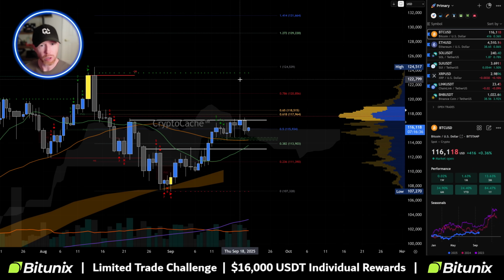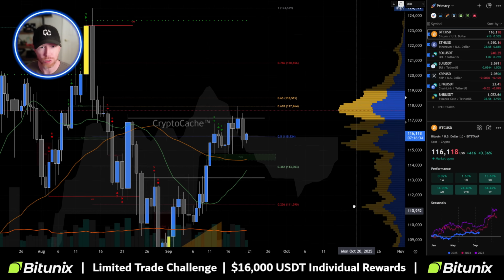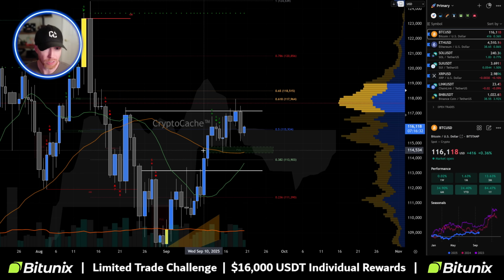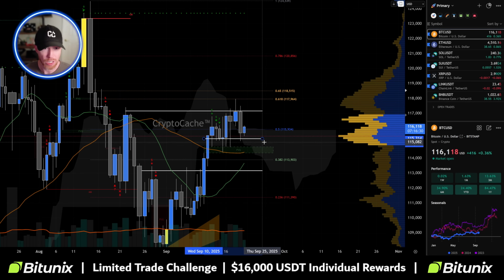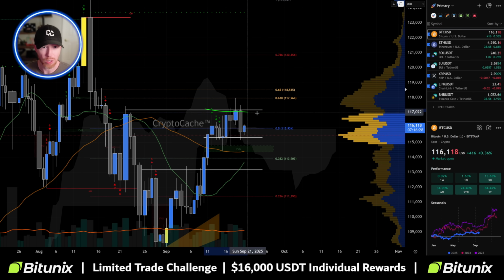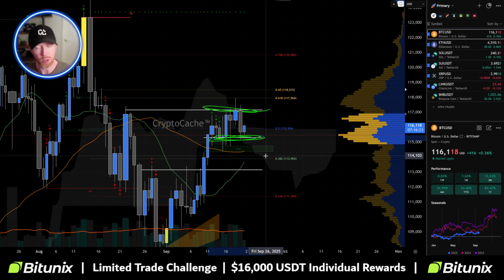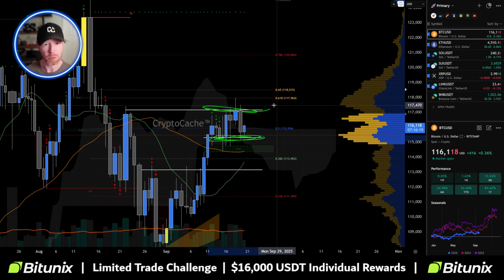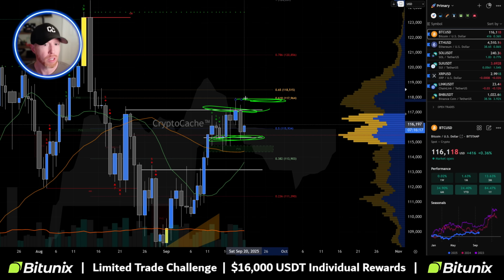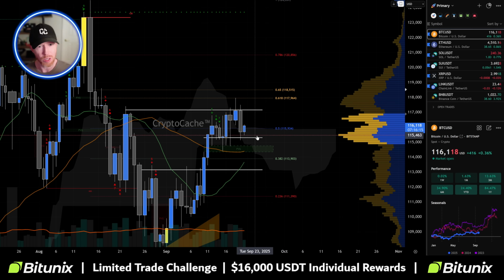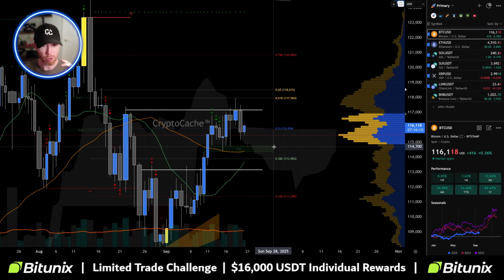Now, when we look here as well, we can see somewhat of a bullish pattern too. Once more, it depends on the kind of time frames that you use, but generally speaking, we're probably in the midst of a bullish type of rectangle pattern. Not necessarily a breakout potential because we have a ton of resistance at 117, but more so one of those areas that we want to pay attention to and recognize that as you start to channel in this range, as long as volume maintains itself and we continue to see higher volume,